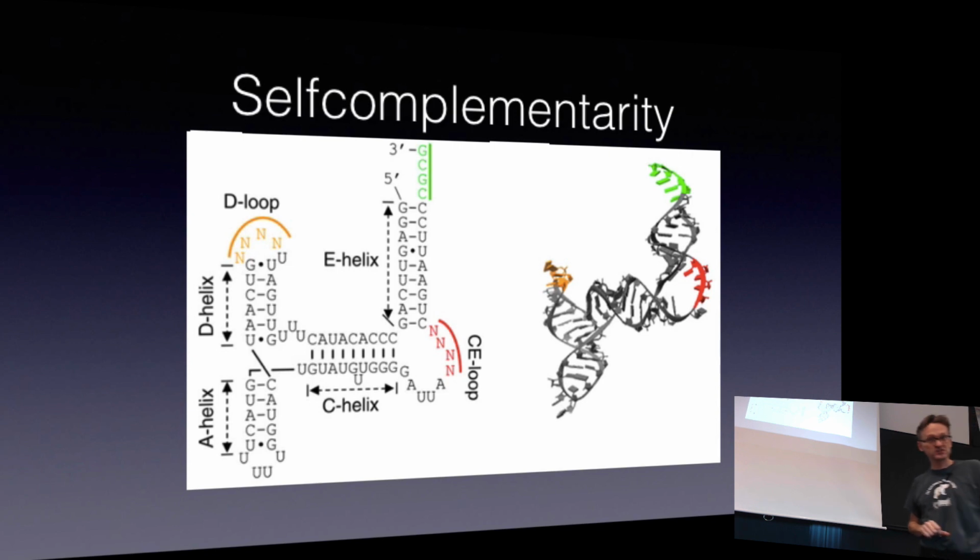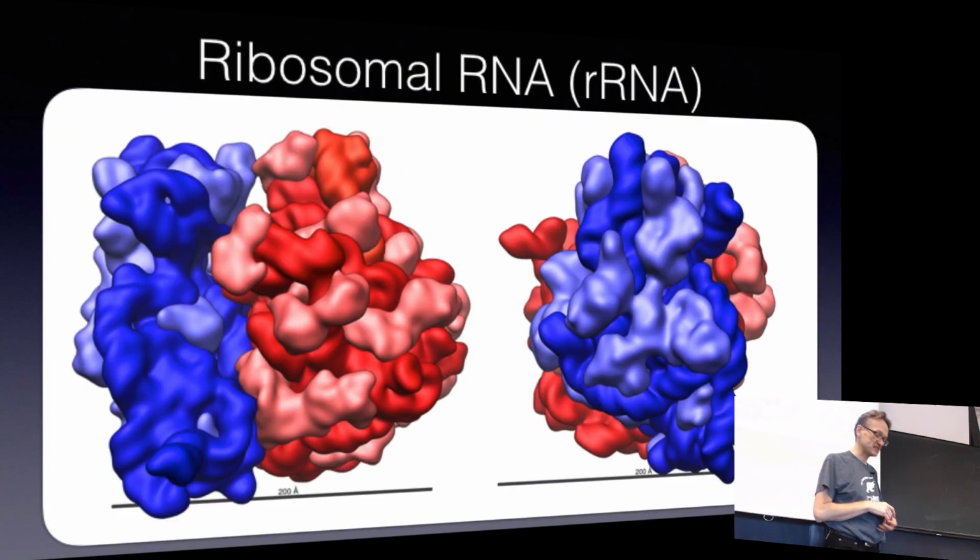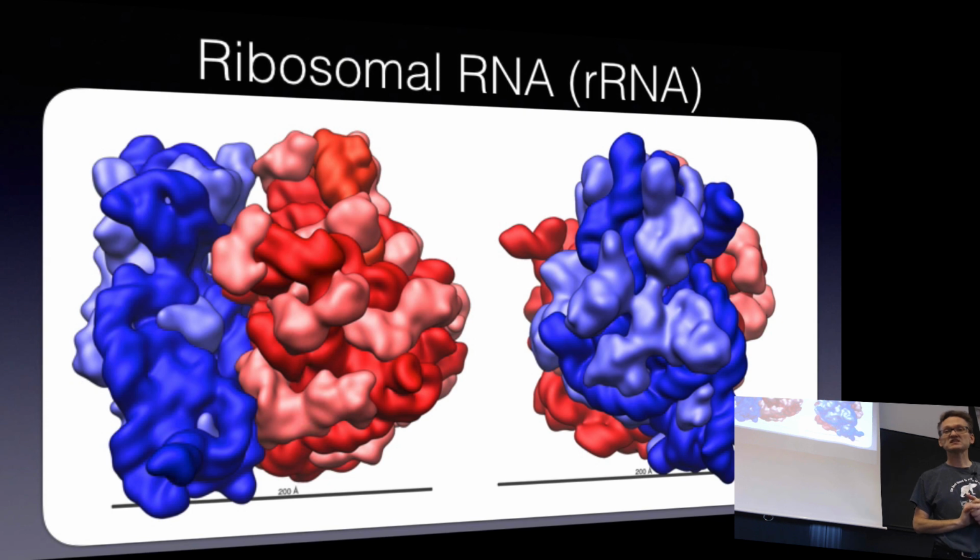There are a bunch of different places where RNA occurs. If you look in the ribosome, which is kind of the protein factory in the cell, that's actually a mix of protein and RNA. The ribosomal RNA is the dark blue parts here. The dark blue is the small subunit, and the dark red is the large subunit. It's slightly darker versus brighter shades that separates the RNA versus the protein part, but it's not that good. So the lighter colors here should be the protein, while the darker ones should be RNA. So this is a semi-horrible mix of RNA and protein. You don't even see the atoms here because it's so large.